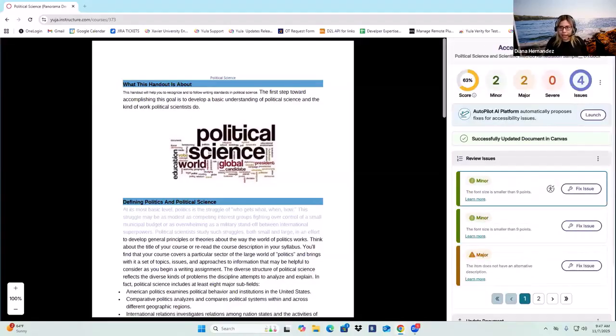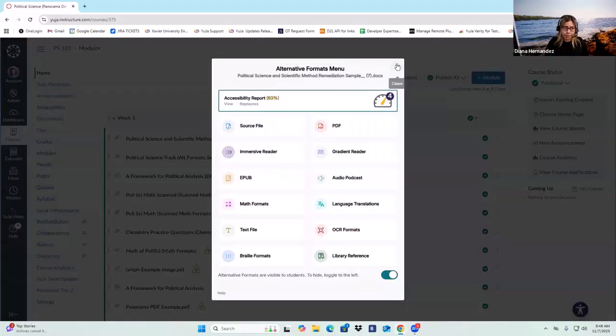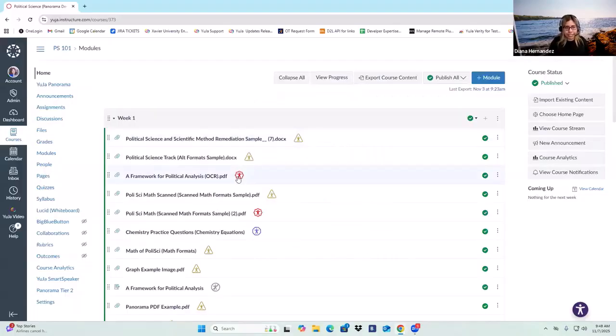All right. So now that we talked about the accessibility report, as well as how to use the remediation engines or how to manually remediate a document, the next thing that I want to talk about are PDFs. As you might have noticed, PDFs are typically the least accessible items within our courses. In a lot of the cases, these files are either scanned or untagged.